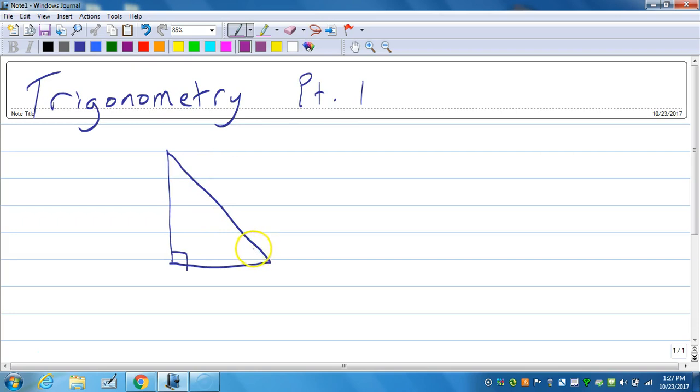So right now, let's say we're going to use this bottom angle right here, and we're going to call it theta. It's just a symbol, a circle with a line through it, and theta is just a name for an angle. So we're at the bottom angle right here. This side is opposite. That is opposite this angle here. Vice versa,